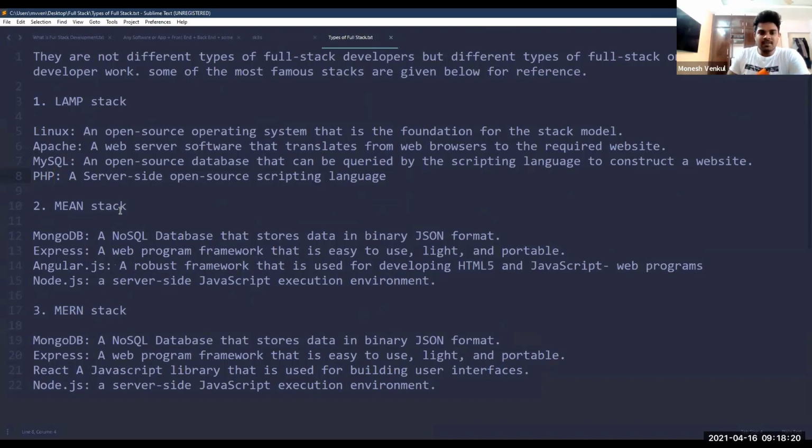Again, there is always a debate about which stack is better, the MEAN stack or the MERN stack. There is a community always debating on the internet. They always fight with each other verbally about which stack is better. There are fans for the MEAN stack and there are fans for the MERN stack also. But with a small increase in ratio, the MERN stack always defeats the MEAN stack. But that doesn't mean the MEAN stack is bad. The MEAN stack is equally good when compared to the MERN stack. But because of popularity, the MERN stack has reached many companies and the MEAN stack has reached fewer companies. Only that is the difference.